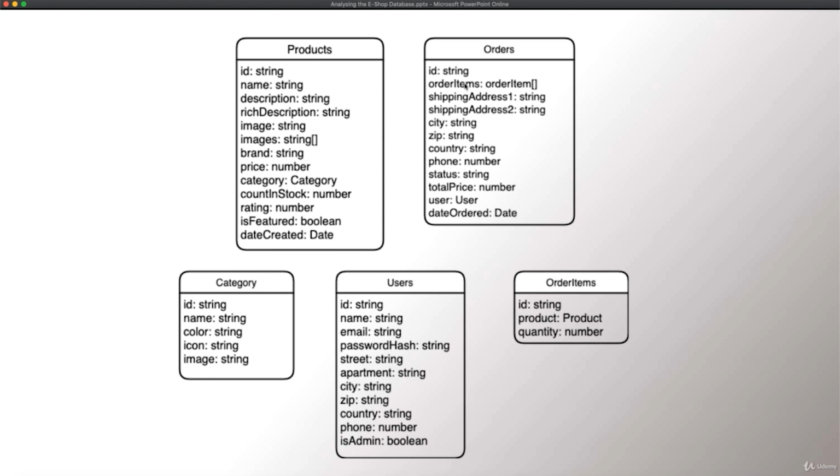For orders, we need order items, which is an array of order item, and order item is a table which contains the product and the quantity. So every order will have a product and a quantity. So maybe I will have 10 products, I ordered them in one order, and then every product will have some quantity. The shipping address 1 and shipping address 2, and city, zip code, country, phone number of the user,